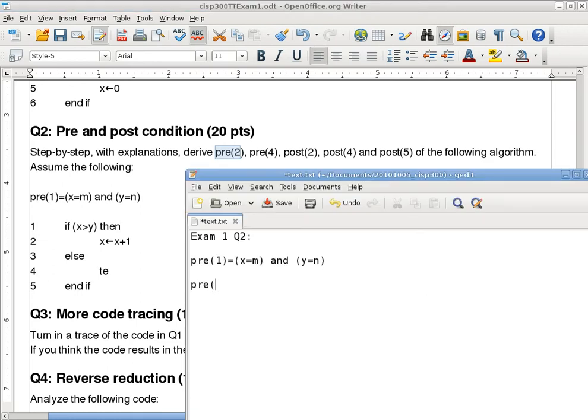So the next thing we want to do is to figure out what is pre-2. In this case, pre-2 is pre-1 and the condition of the conditional statement, like that. If someone gives me only this much, that person would have gotten some partial credit. Because that shows me that person knows that pre-2 depends on pre-1, and on top of that, it also depends on the condition of the conditional statement. Well, since we're with pre-2, we might as well work with pre-4, which is about the same thing. So pre-4 is pre-1 and not